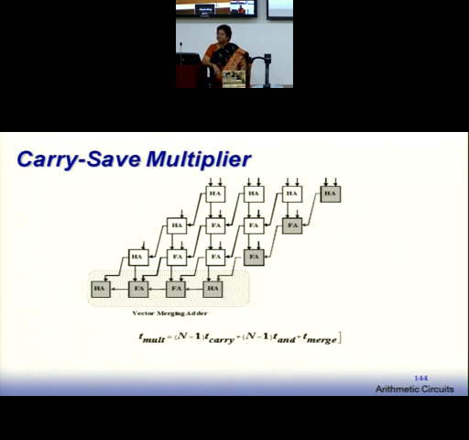Okay, so vector merging means we are finishing everything in this step itself. All vectors are merged together into the final result. So the vector merging adder here can mean an RCA, or it can be a carry skip, or it can be carry select, whatever you want to choose. But you are finishing the result here. Okay. So now next is